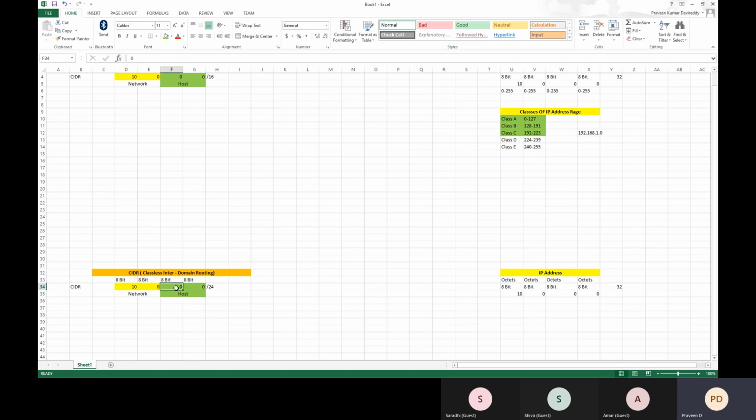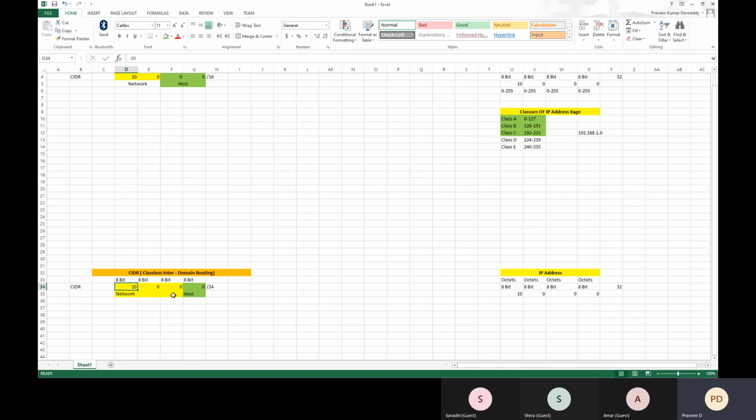So the first 3 boxes are reserved for networking, and the last box, which is 8 bits, is reserved for host.